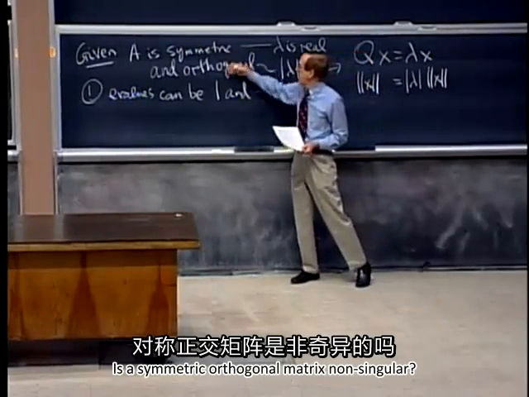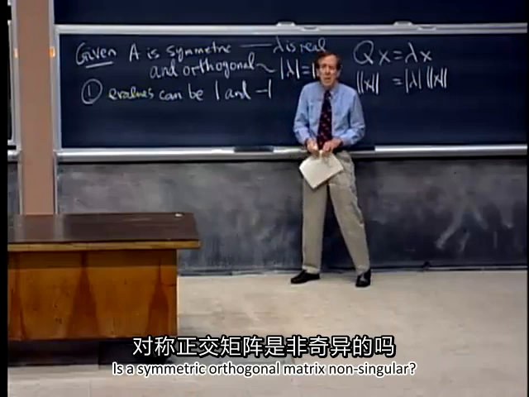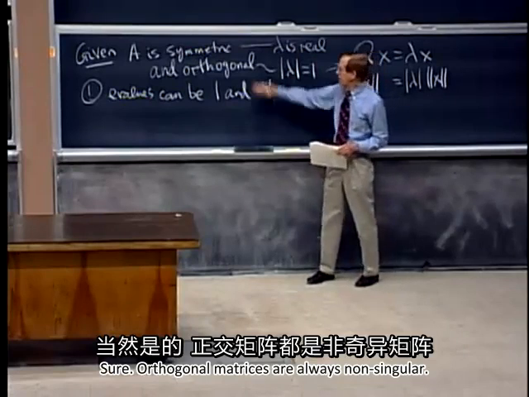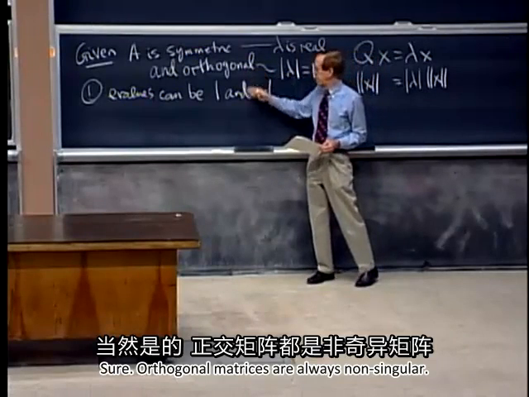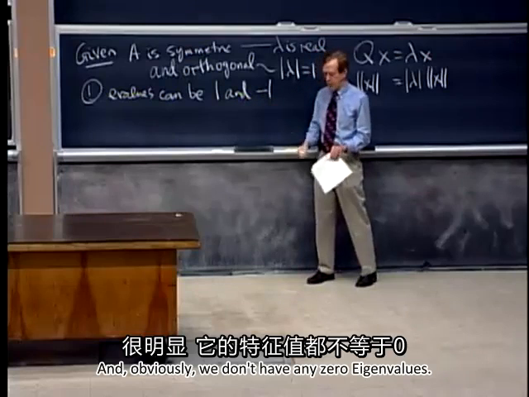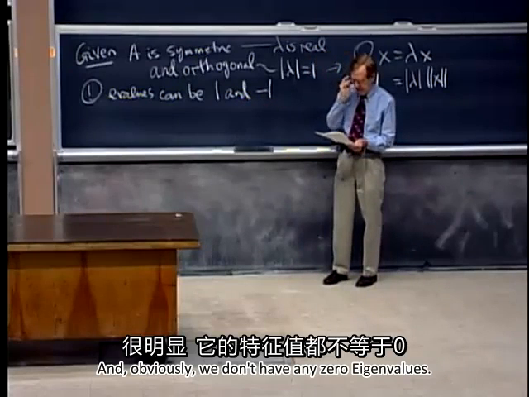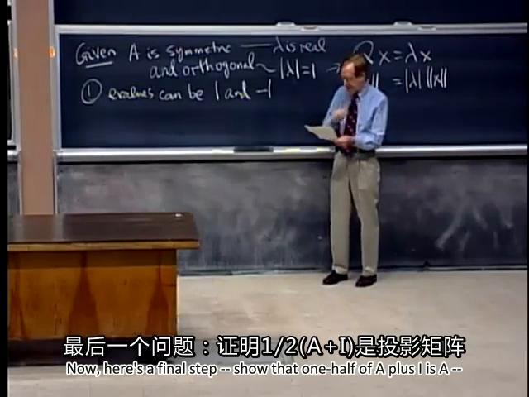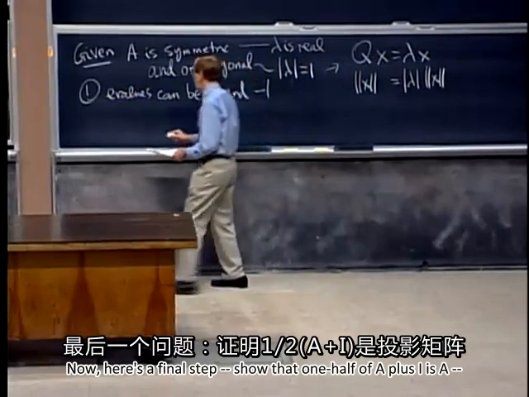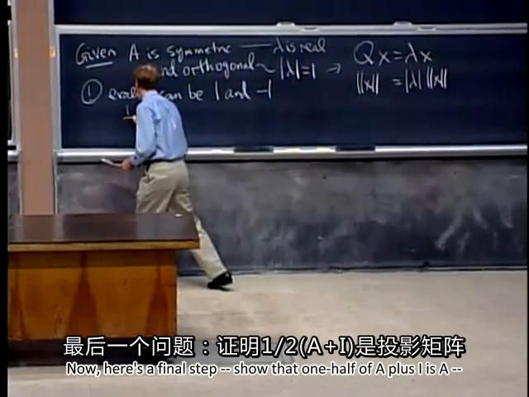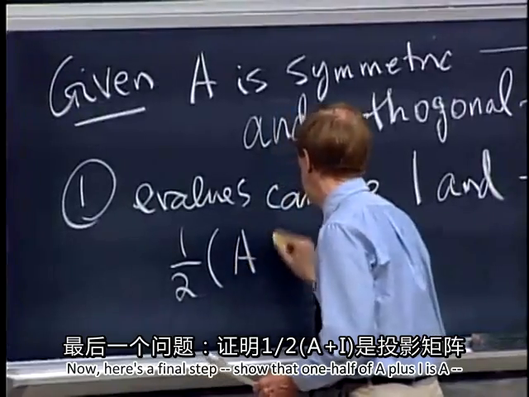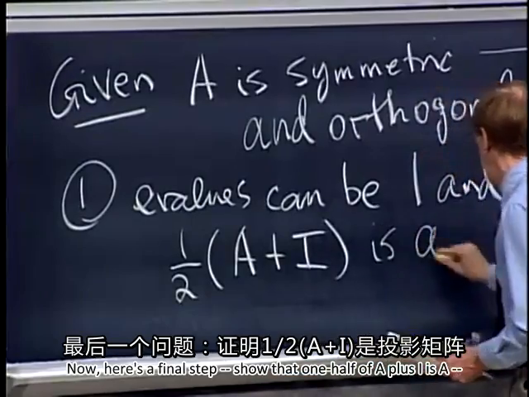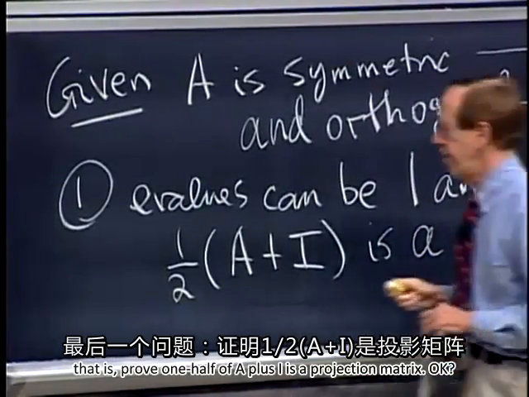Is a symmetric orthogonal matrix non-singular? Sure. Orthogonal matrices are always non-singular. And obviously, we don't have any 0 eigenvalues. Is it sure to be diagonalizable? Yes. Now here's a final step, a proof: show that